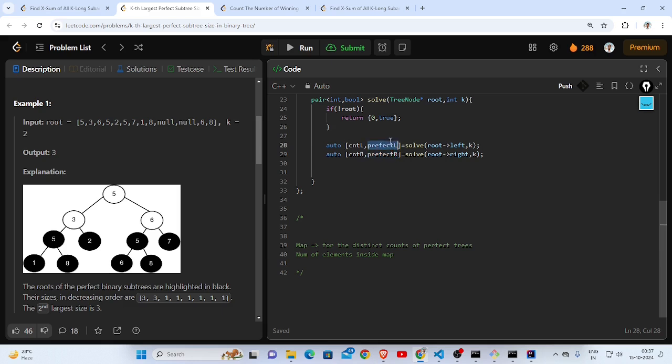at this point I will want to add count L and count R. If perfect L and perfect R are true, I want to add it inside the map, right? And I want to update this. So I will check if count L is greater than 0, because it can be 0 as well, right? I'm returning 0 for the base case, which I don't want in the map. So I'll have this,